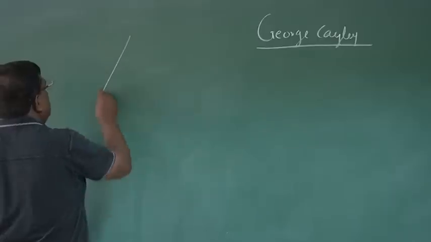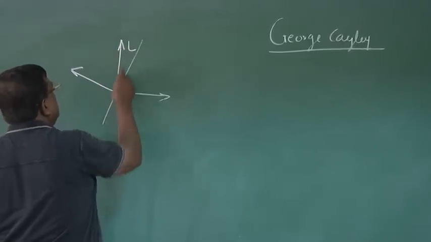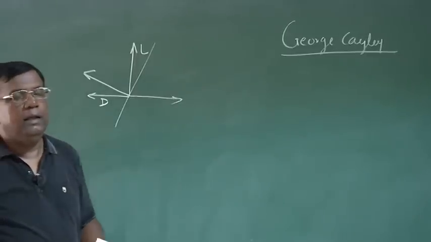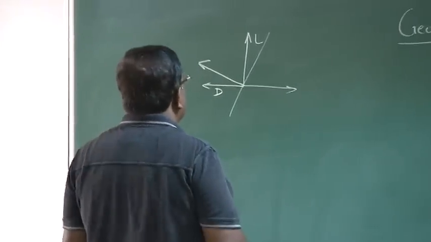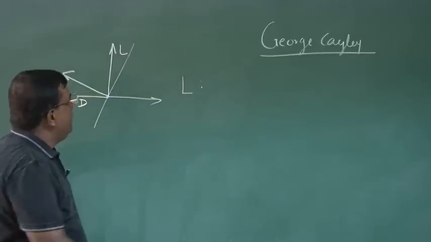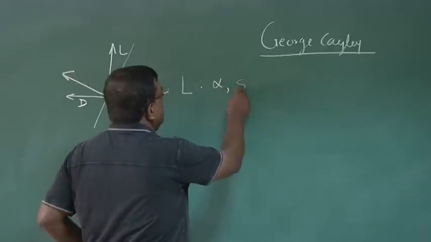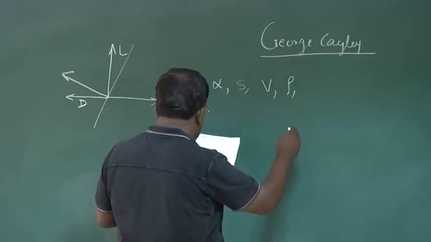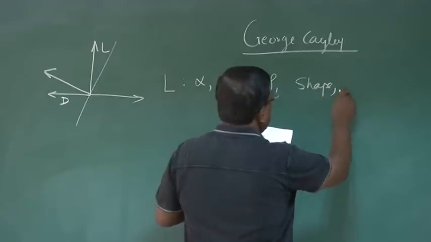Remember, it was the contribution of George Cayley that there will be a reaction. By now, you are very clear. The flat plate moving like this, there is a reaction, and one component is lift, one component is drag. So one thing is very clear, this lift will be proportional to the angle alpha. It will be proportional to area, to velocity, density, then shape, then maybe viscosity,